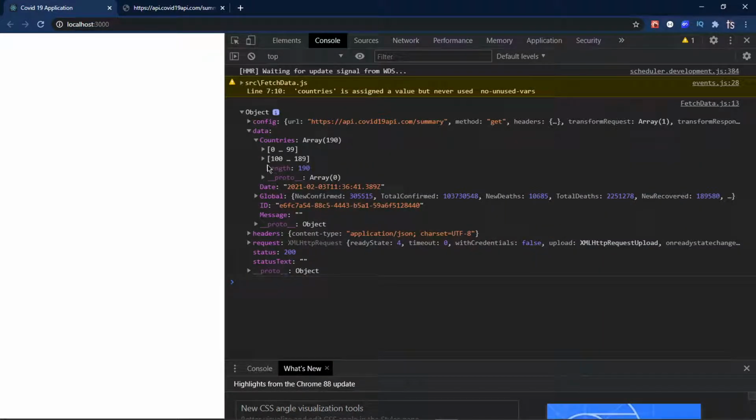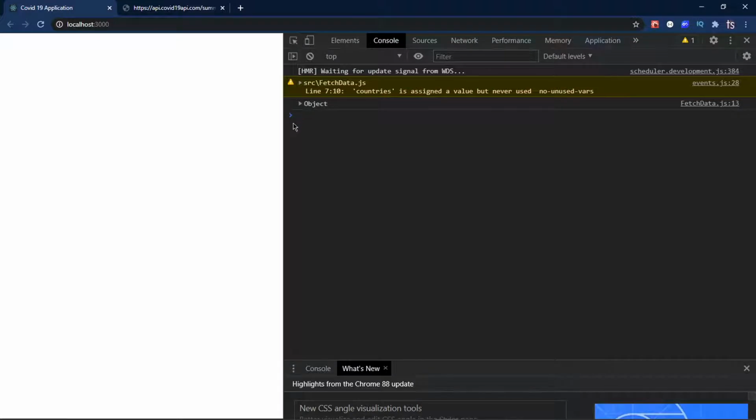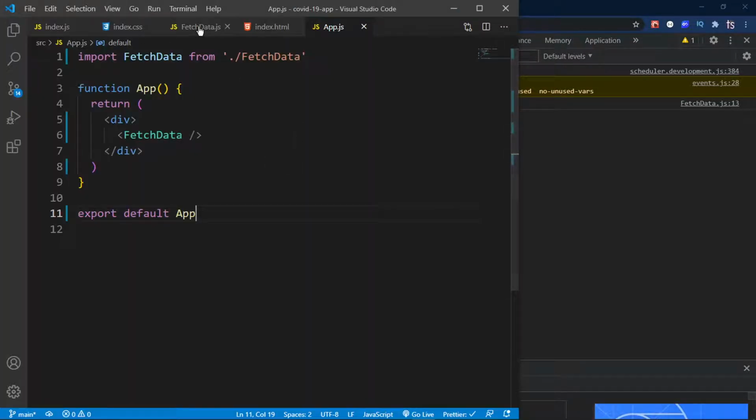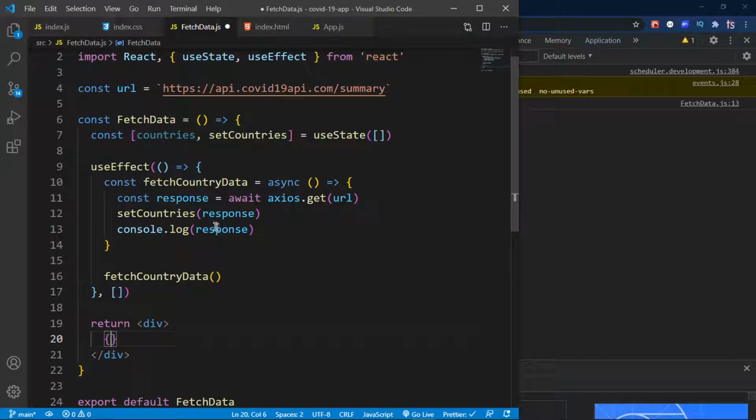Excuse me. Okay, so once we are able to do this, what I want to do instead, because this is technically an object that we're getting back, and if you look inside our application, I'm passing the response into the countries. But remember that in order to display our data, we will need to use the map method, and the map method being an array method, we cannot iterate over an object. So what I want to do here is pass in response dot